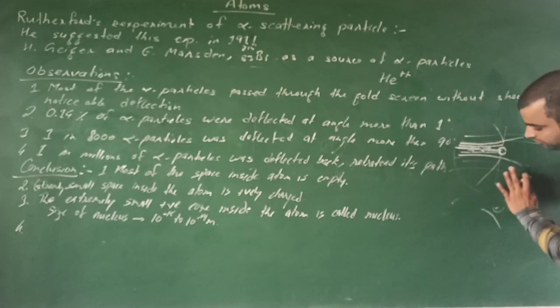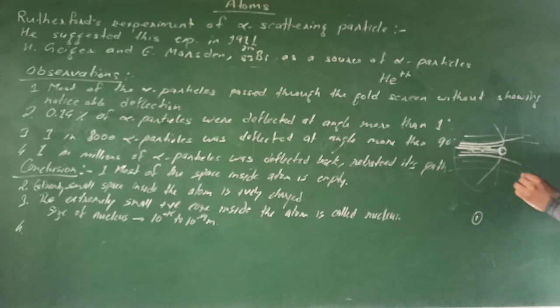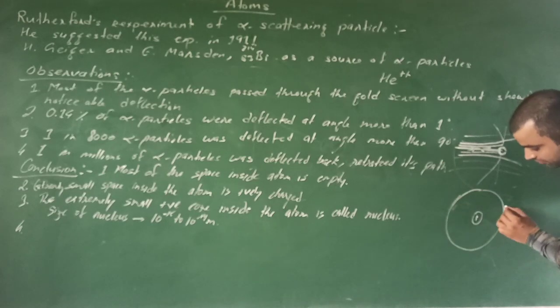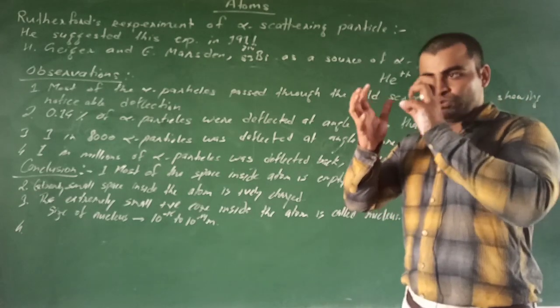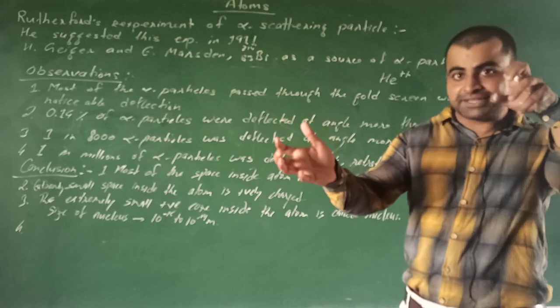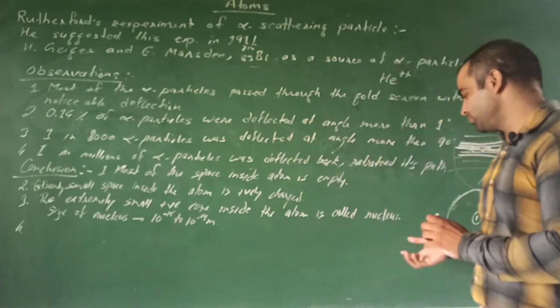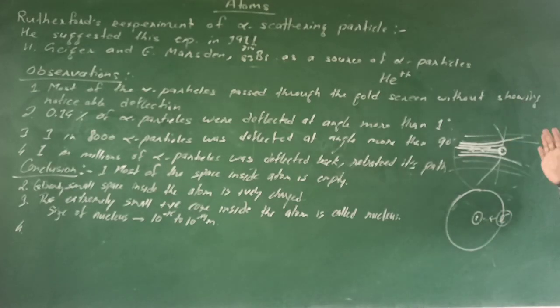And in the atom we know that the nucleus is in the center of the atom and electrons are revolving around it. This nucleus is positively charged and electrons are negatively charged. Then why is the nucleus not attracting the electrons towards itself? Electrons are not pulled into the nucleus. Why?